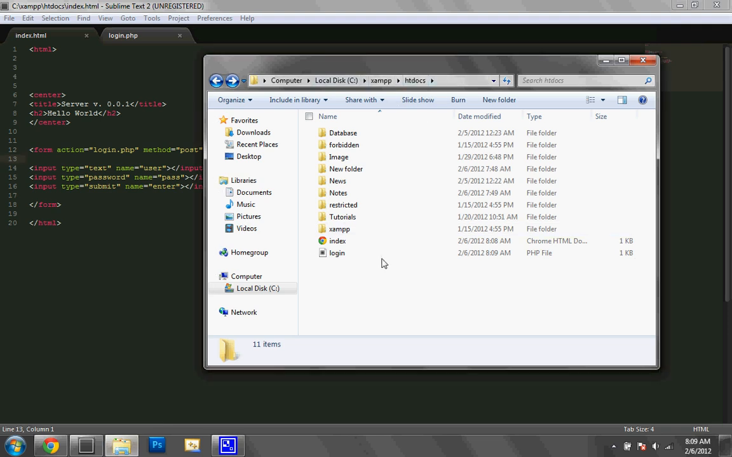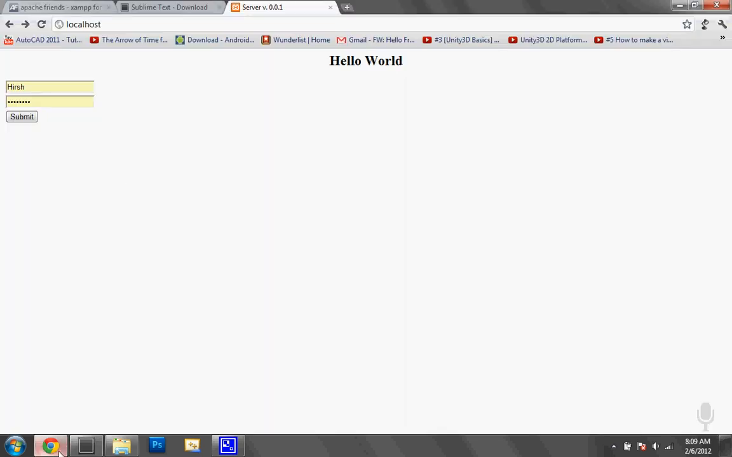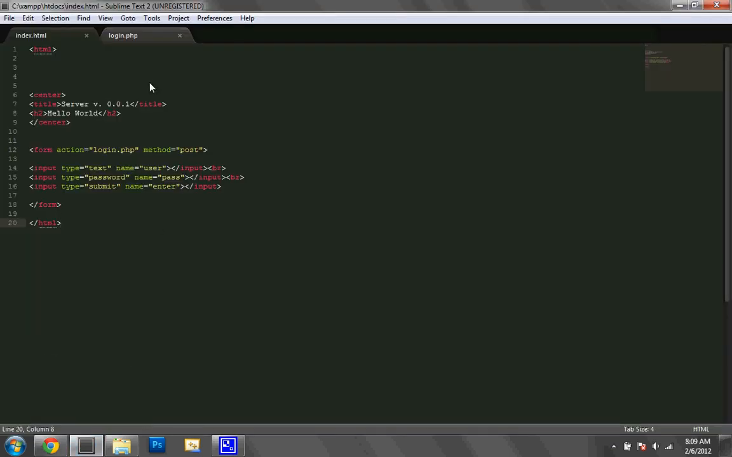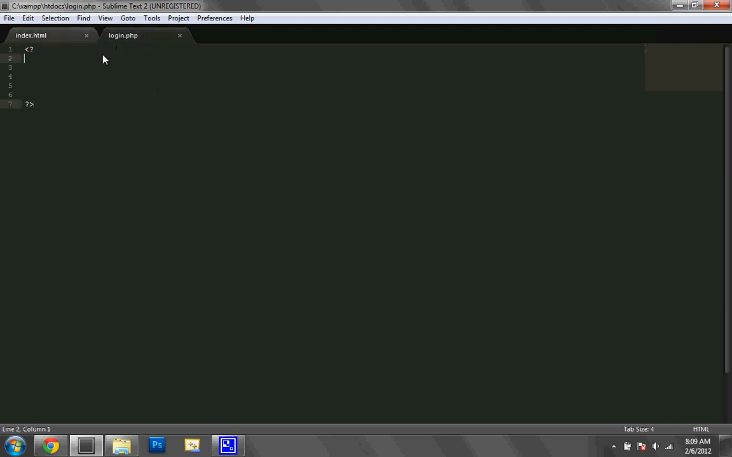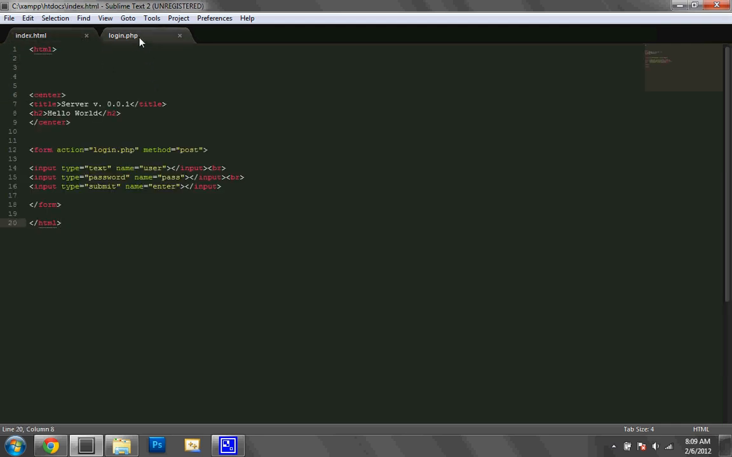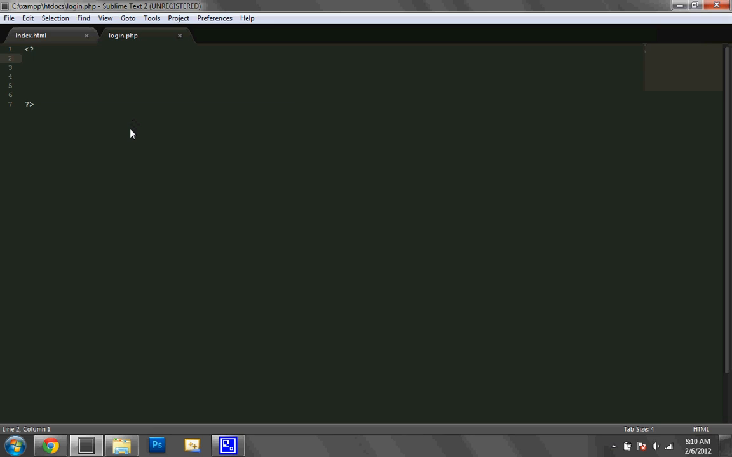So as you can see, we now have our login.php file. So now we hit submit, and it goes here, but nothing happens yet. So what we want to do is go to login.php, and we want to get the value from user, which is that object, and password. So let's do that. So once you put in these open and close PHP things,